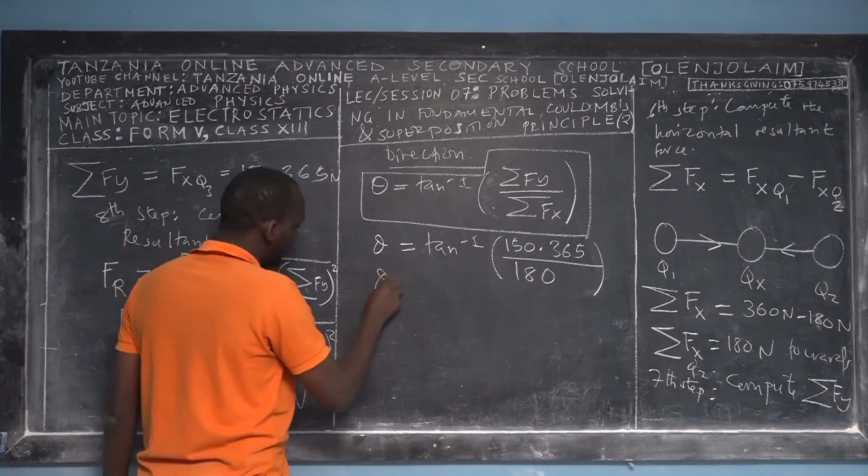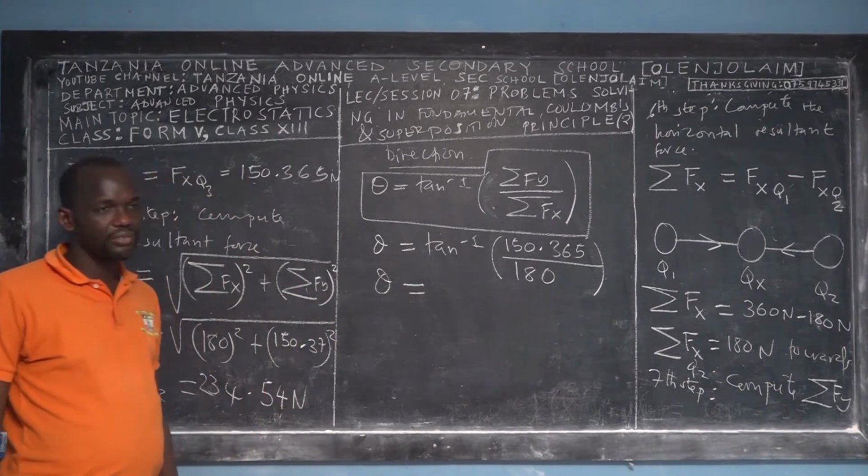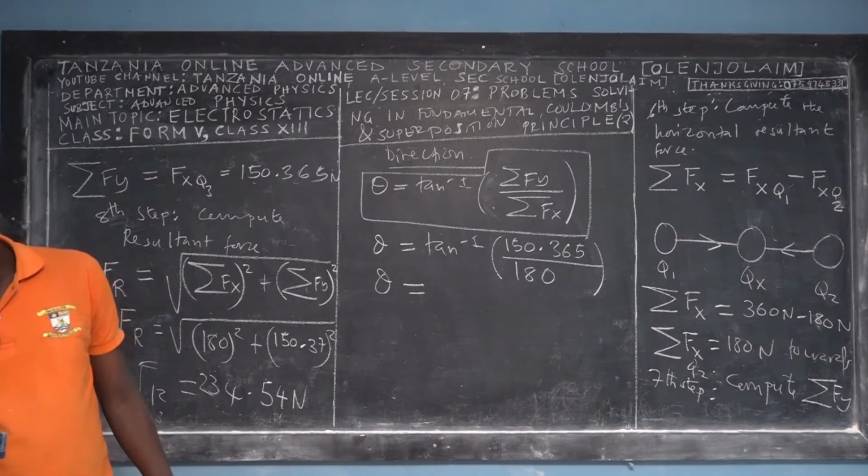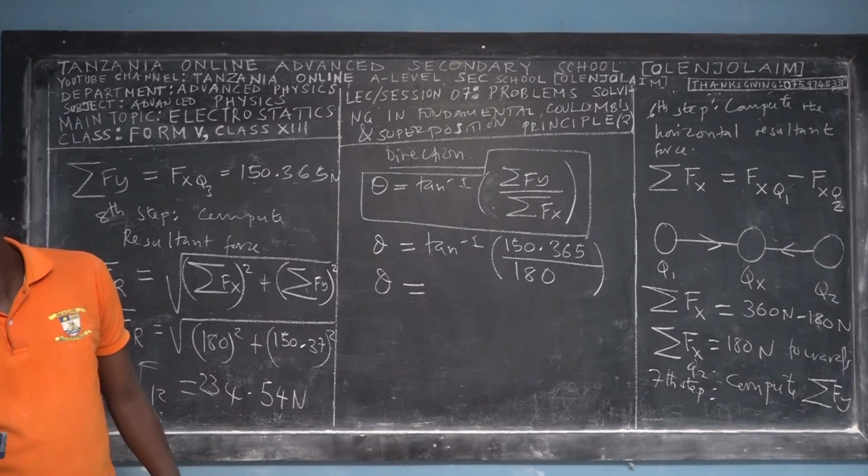So then we get our direction, which is tan inverse of that. Use your scientific calculator. The resultant will be